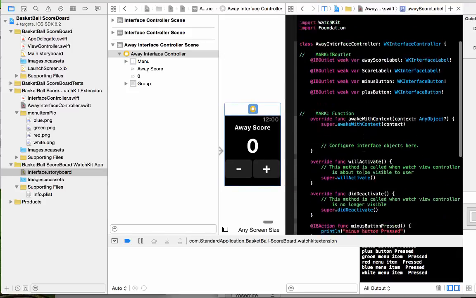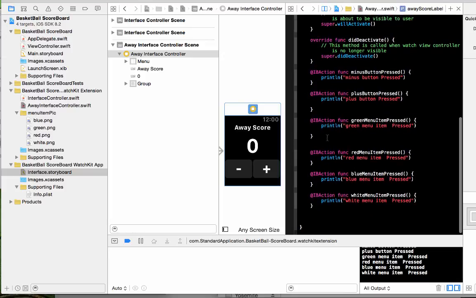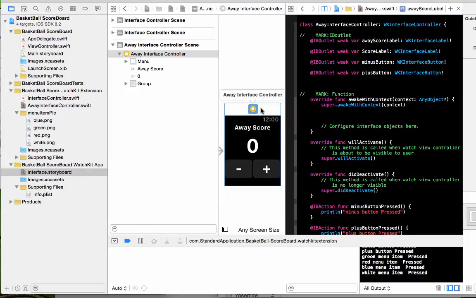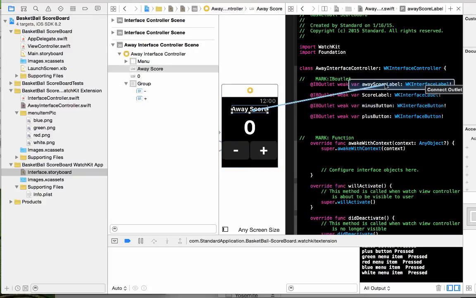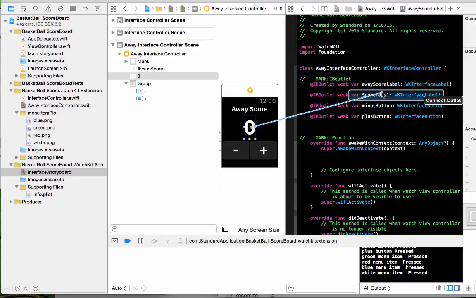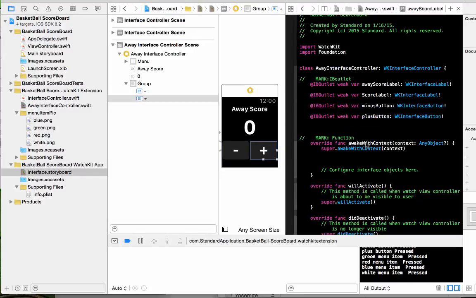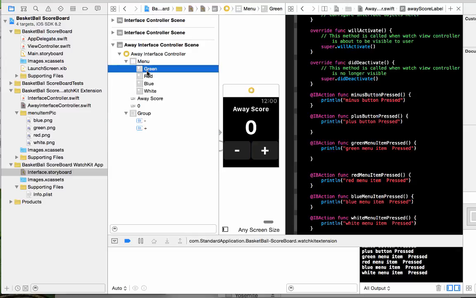Minus button, plus button is okay, the same. Here's all the same, but now we have to connect these elements to our interface controller. First, hold control and drag it to here: score label to here, minus button to here, plus button to here, and now for the functions, minus button press, plus button press, and now for